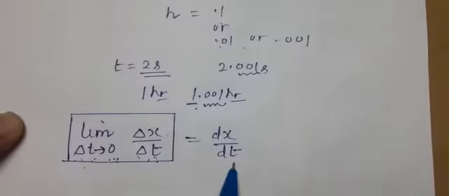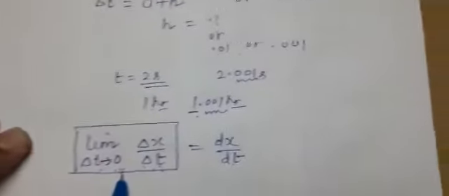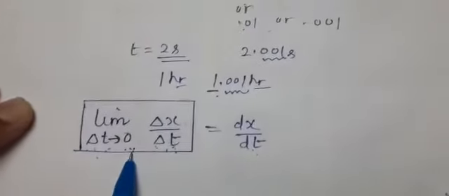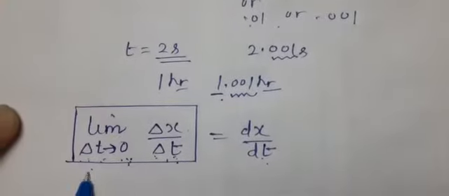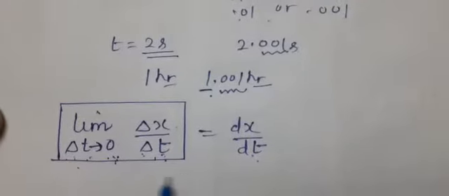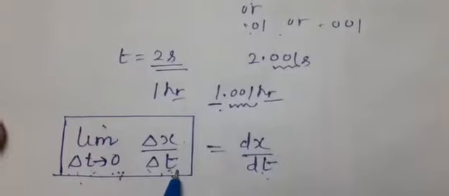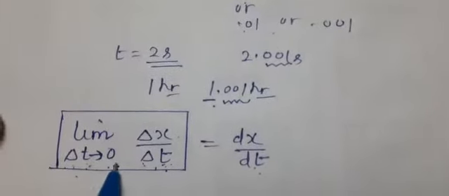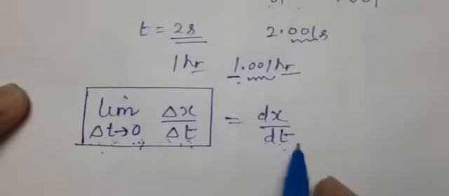Basically, how you get this formula from this result, you will understand in maths when the complete limit and continuity chapter is introduced. One complete exercise is over on this particular concept, so I am taking it directly. You have to learn this result: the limit is imposed over the denominator factor, that is, the difference of time tending to 0. Along with this, it comes out to be dx upon dt.